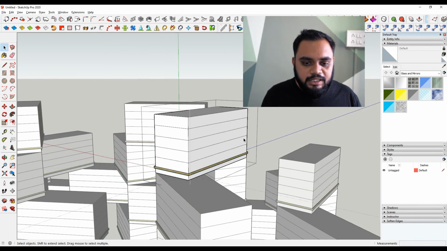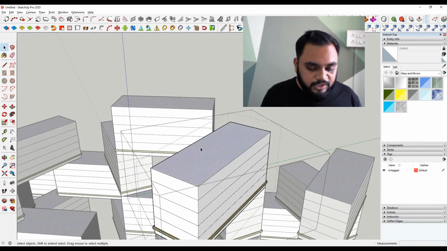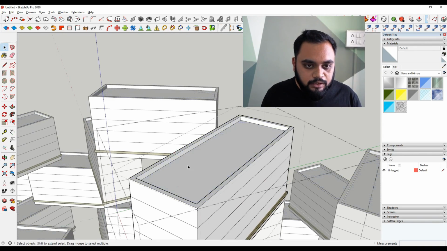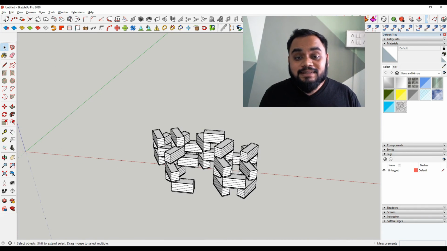For right now I'm just leaving it at this stage, but basically you get the idea, right? So if I want to make a terrace, I can just make a terrace like this over here, push this thing down, and you get a terrace everywhere. So guys, this is how easy it is to build any kind of typical model with a dynamic design. If you have a very out of the box design with similar components, similar typologies, similar blocks, you can go with this kind of approach.